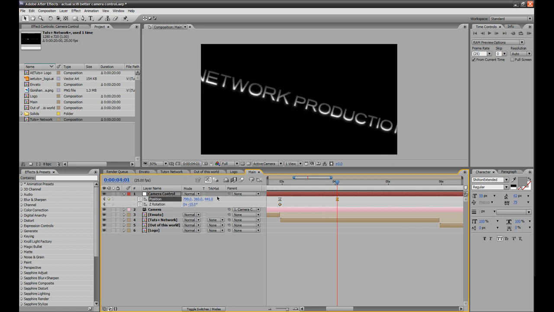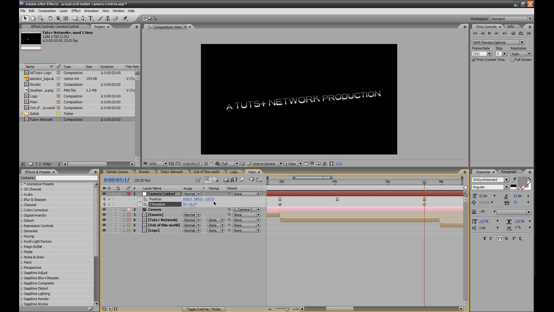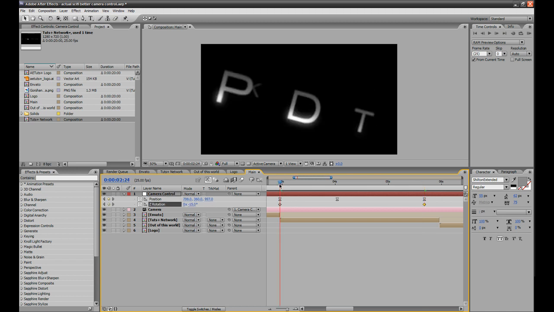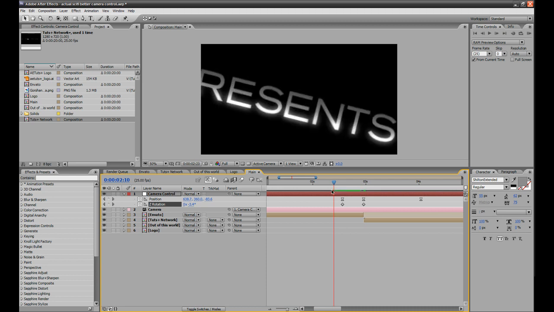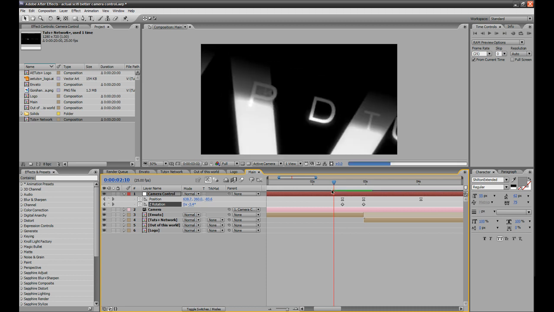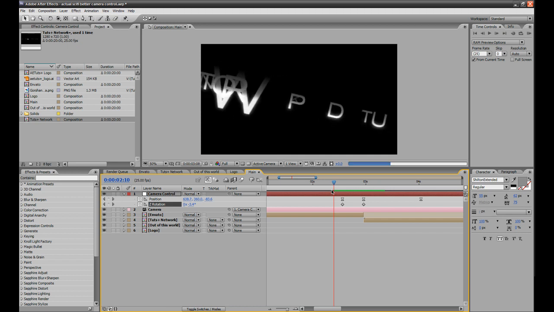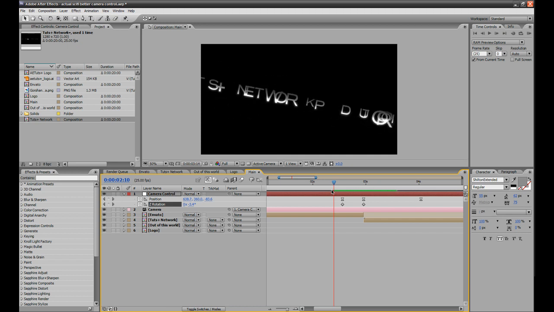We'll zoom out to maybe 0, where we were. We'll change the X. And then the end of the animation, we'll zoom out a little bit more and we'll change the Z rotation, say 5. So if we check that, we'll do a RAM preview of that, we can see we zoom out and we have a nice Z rotation,